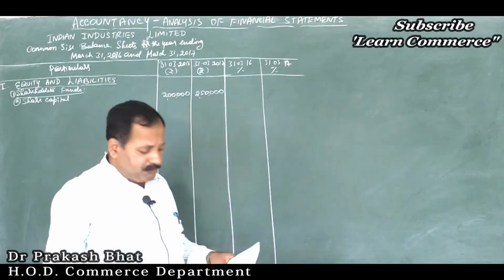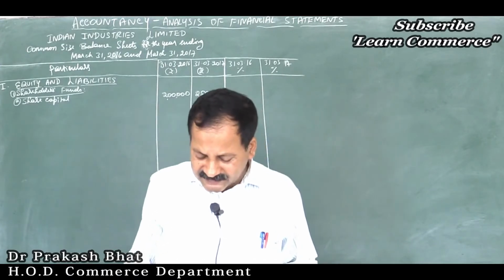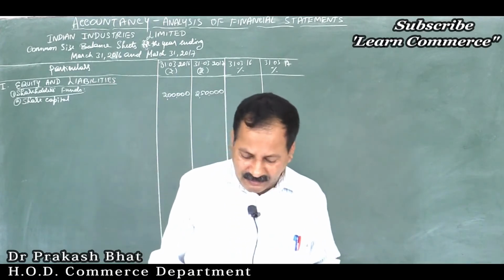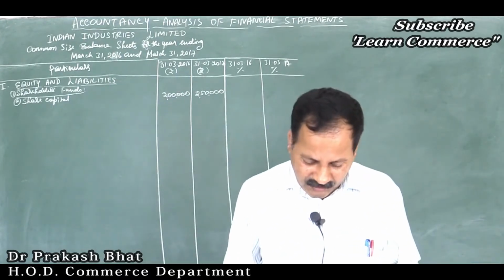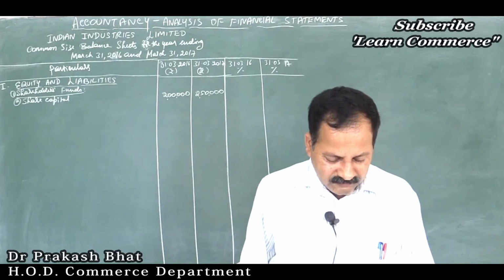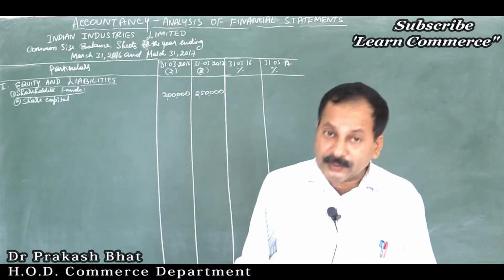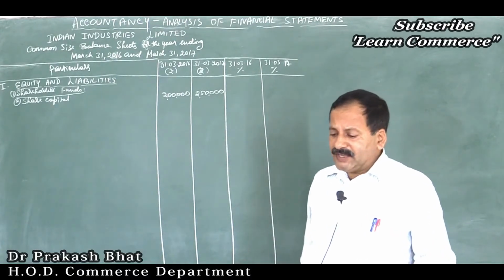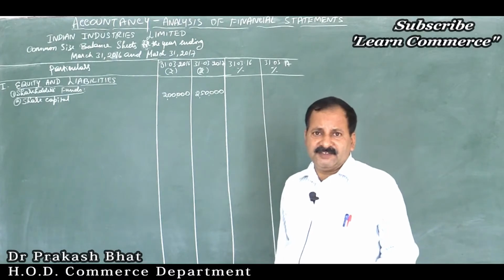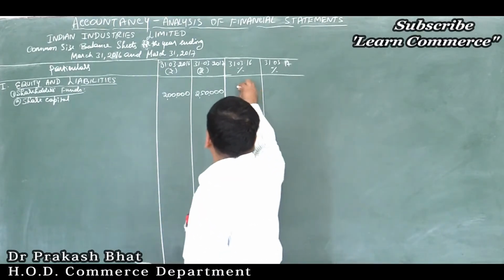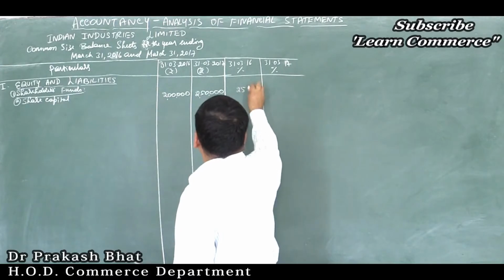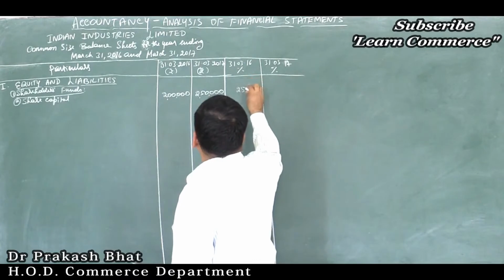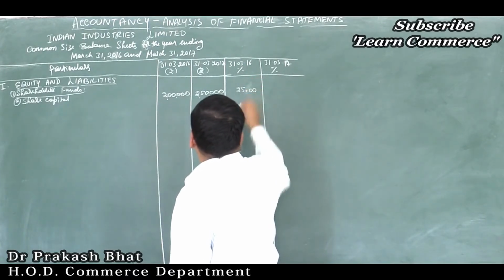We have to take the total of assets as 100, 8 lakh and 9 lakh as 100, right? So now derive the percentage. That is 2 lakh and 2,50,000. So 8 lakh means 100. So 2 lakh means how much? Very simple, 25%. 25% of 8 lakh is equal to 2 lakh.